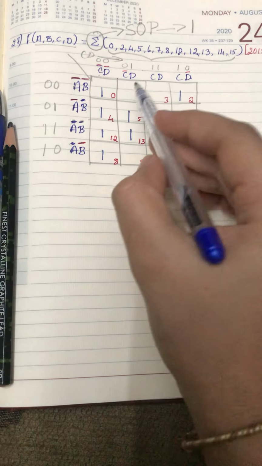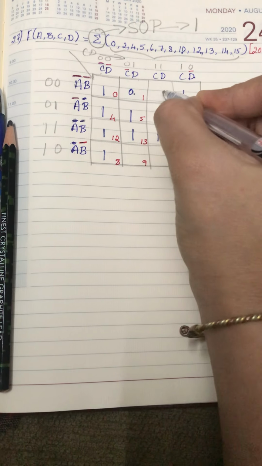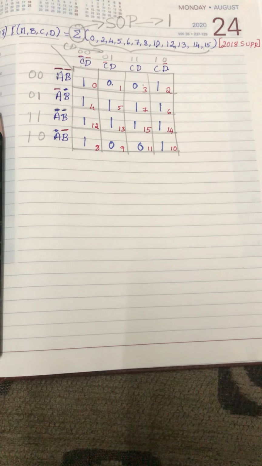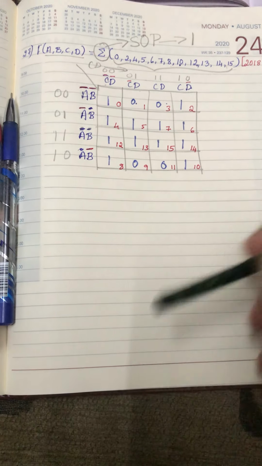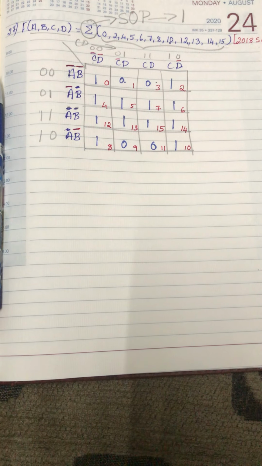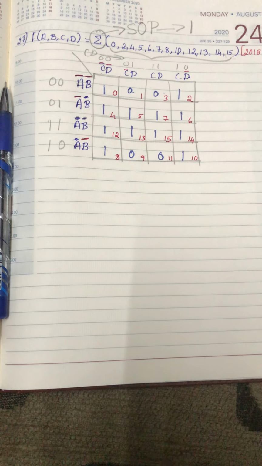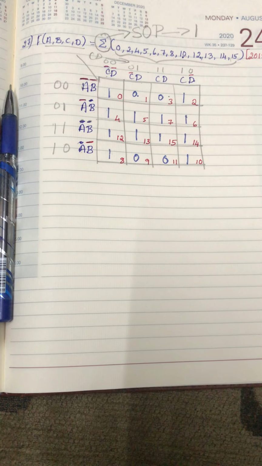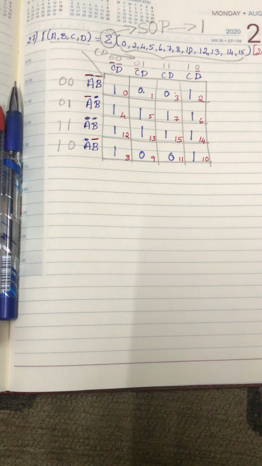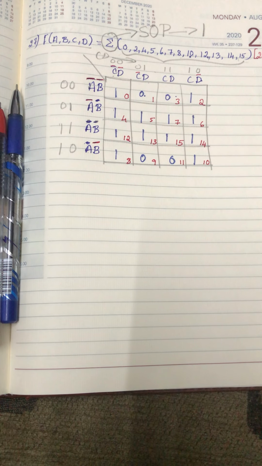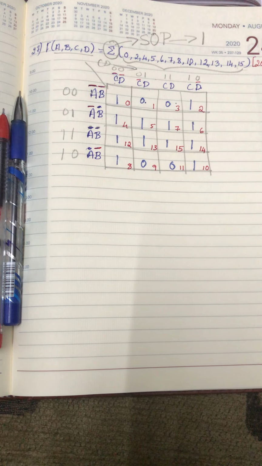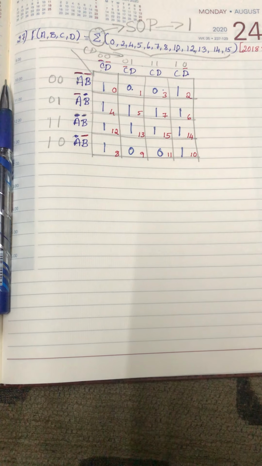Next step is that the remaining squares you are going to fill with 0. The next step is grouping. Grouping is nothing but grouping together the ones wherever they are. You have 4 types of grouping. One is octal, which means 8 ones. Next is quad, which means 4 ones. Next is pair, which means 2. Next is single, or overlapping. You need to keep these things in mind.